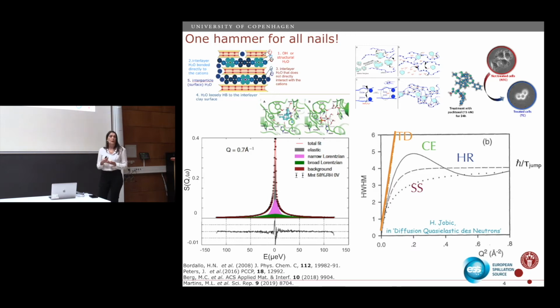And then what we get when we have these Lorentzians is a line width. So I will plot this line width as a function of the scattering vector, which I will explain to you a few slides later on. And then here I have a shape, and depending on the shape, I will say I have either a free diffusion, a diffusion inside of a sphere, I figure out something, a hand wave. Okay? That's what I do.